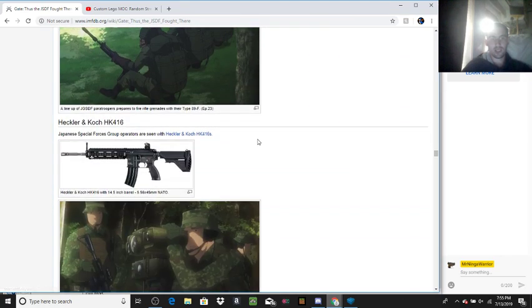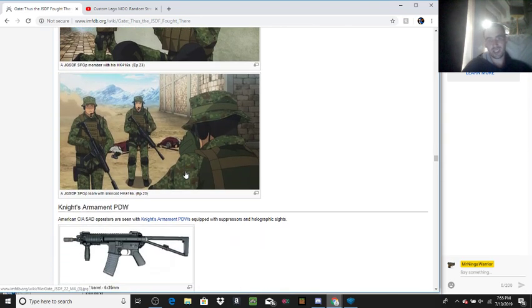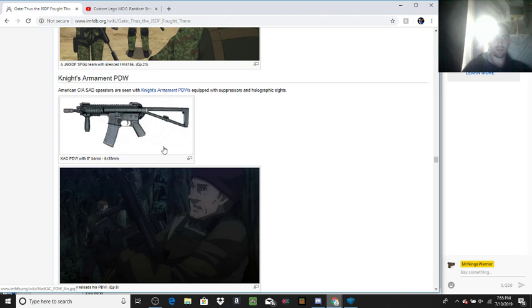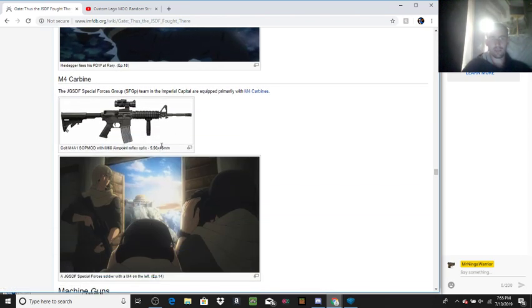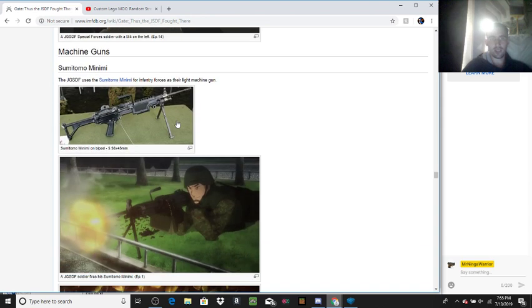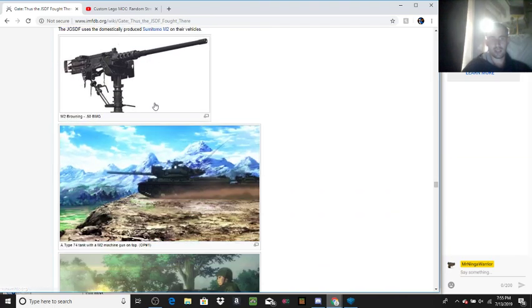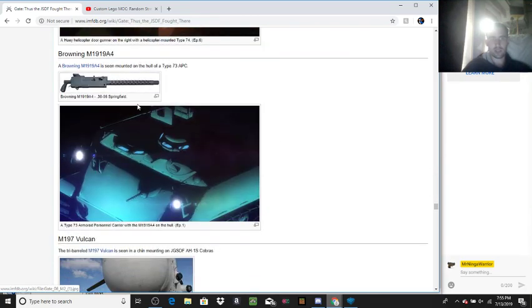416 is used by Special Forces Group operators by the Japanese Self-Defense Force. These guys are not really important. Again, the Knight's Armor PDW, like I said, it's a shortened M4. No buffer tube on the back, so it can have a folding stock and specialized magazines for some reason. M4 carbine, pretty basic. And then when you get into larger arms stuff that I'll probably never touch in my life, but